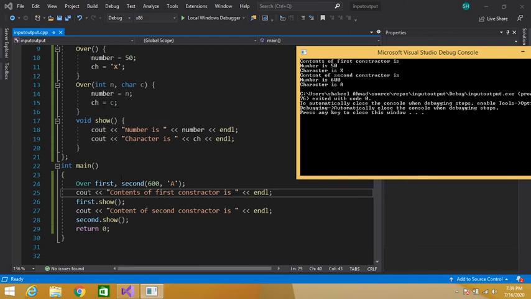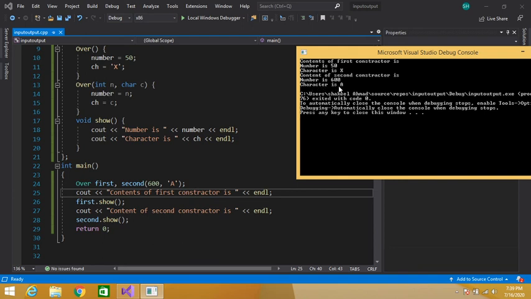When we are displaying using first dot show, these values will be displayed, and when we are calling our function with the second object, these values will be printed, 600 and A, because we have passed 600 and A.